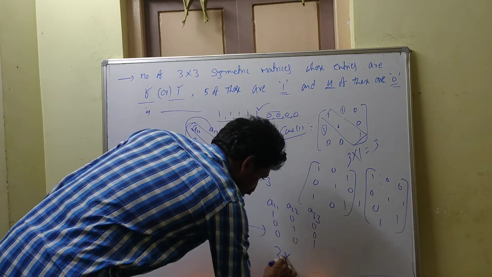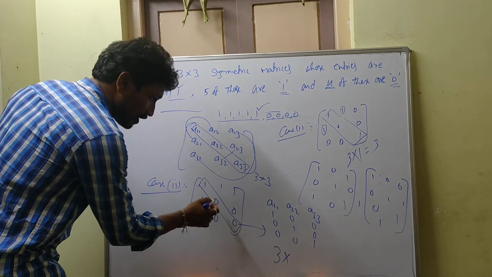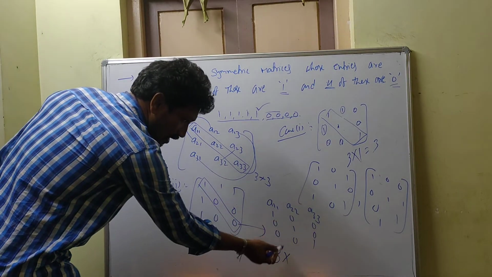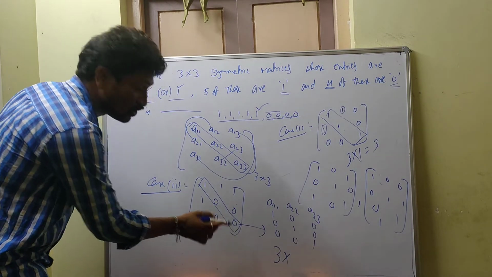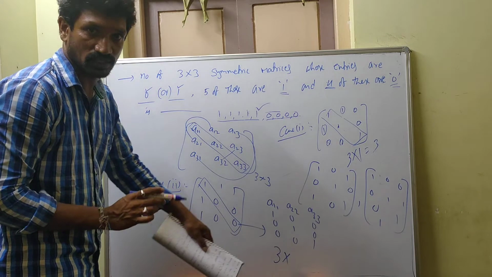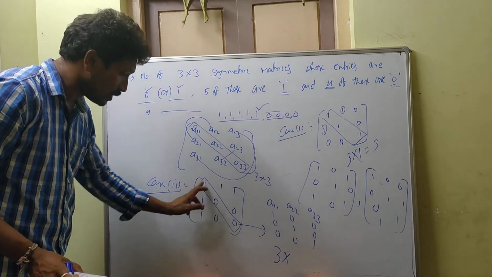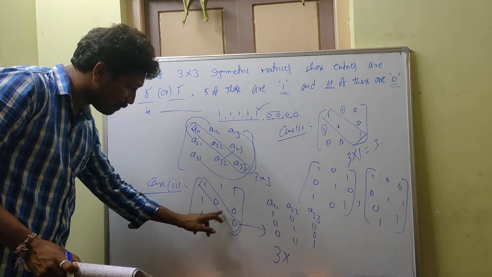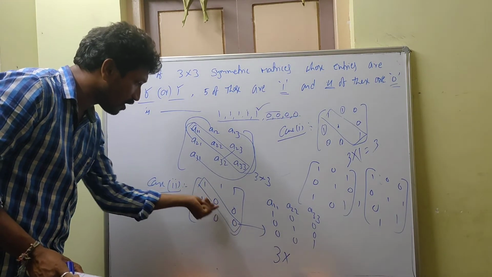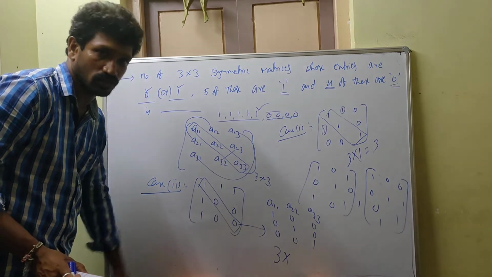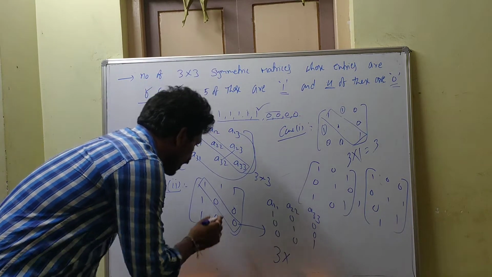So multiply 3 into the next one. These are the 3 possibilities of filling these 3 blank places with 1, 0, 0. Here 1 is not fixed, here 0 is not fixed in position. So any one of these 3 positions you can fill with this 1, and the others with 0, 0. Okay, clear? Next one, rest of them.